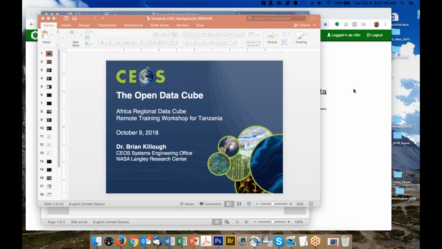Okay, I have one question: when do you keep updating the data in the data cube? When do you keep updating the data which is available in the data cube? That's one question. The second one, I don't know how flexible you are, because today we are many and there are some of our colleagues that are from different